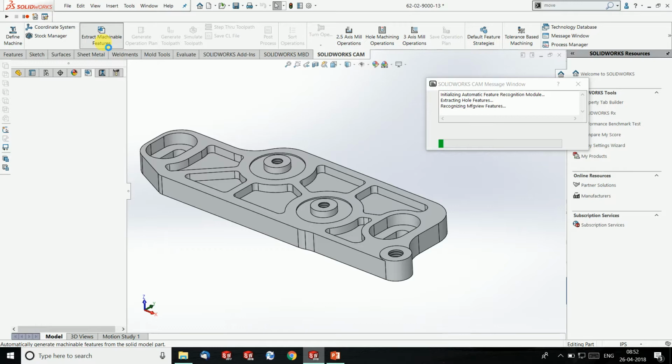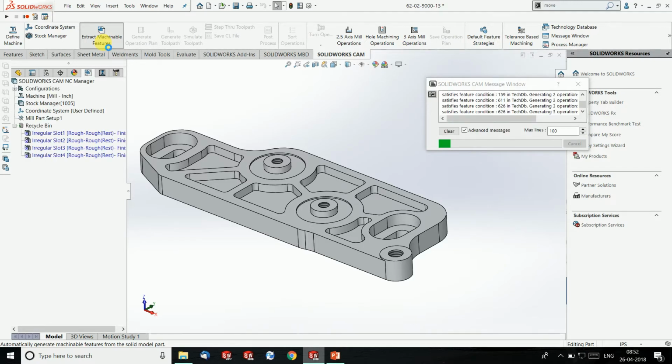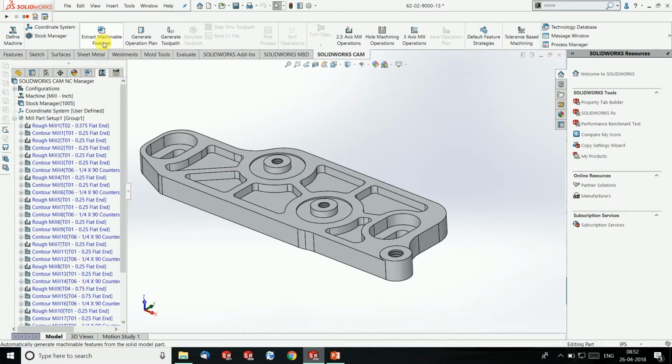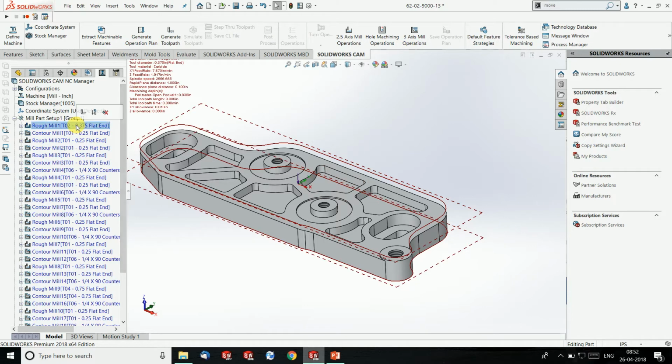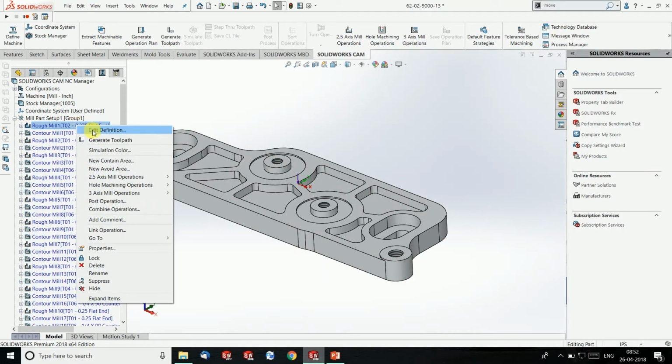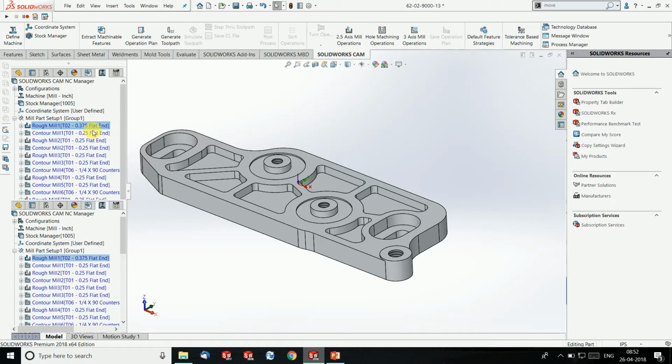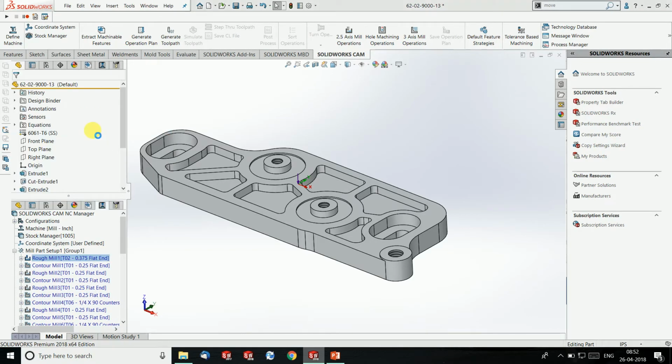So this will obviously reduce my time while I am generating NC programs for my machining operations. This is actually the easiest way to create all those kinds of NC programs. Here you can see there are a lot of different operations that are already defined and captured, and if you want to make any modifications in these specific operations, for example